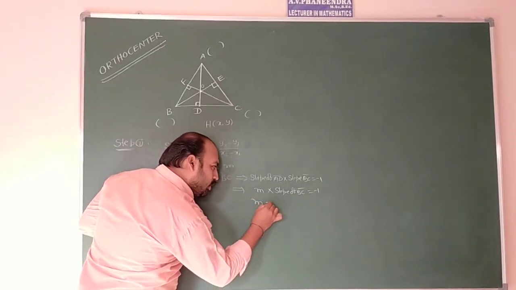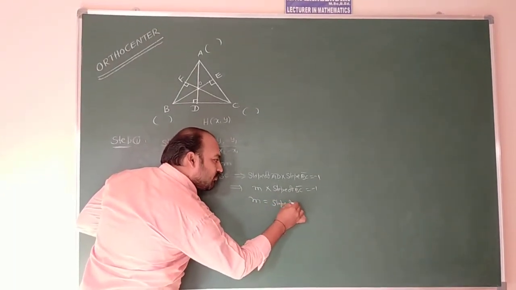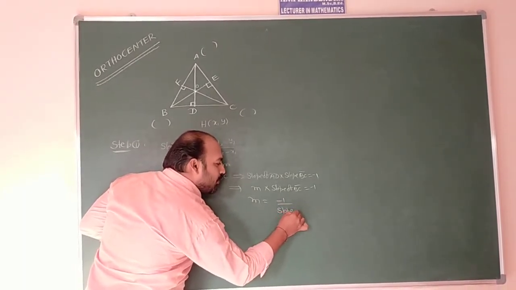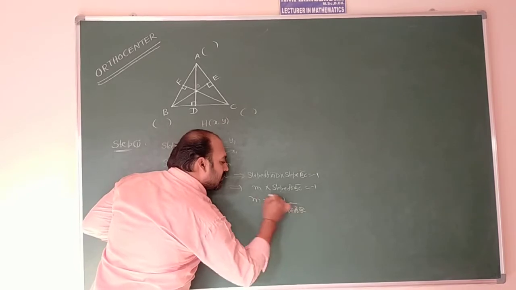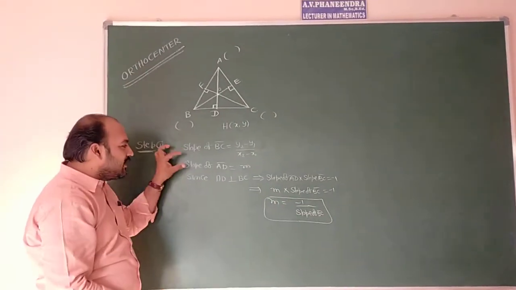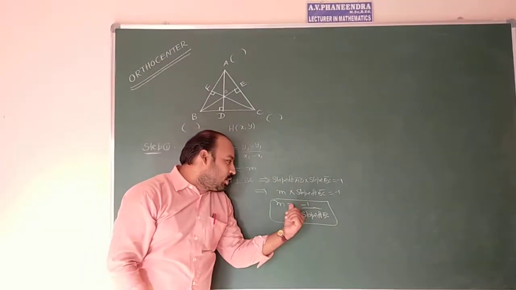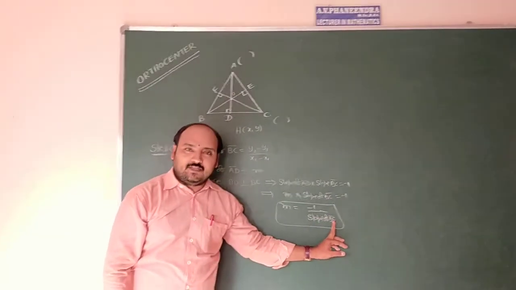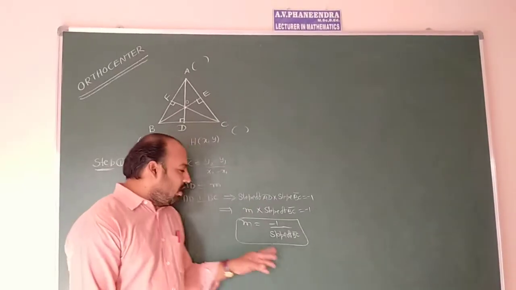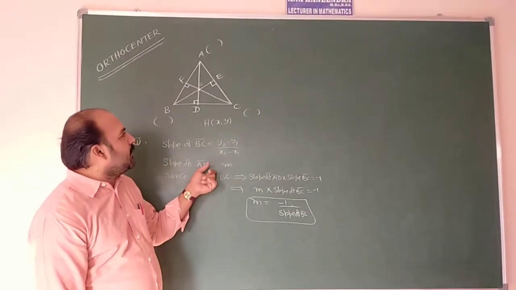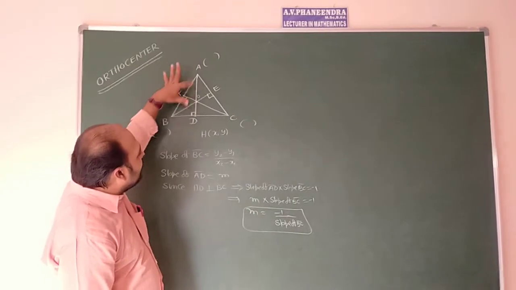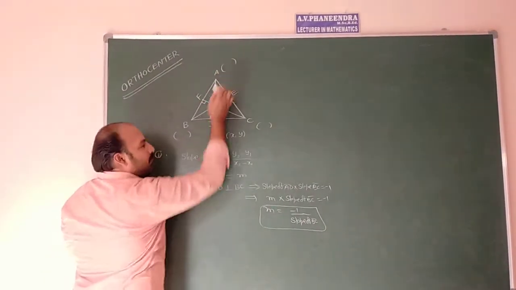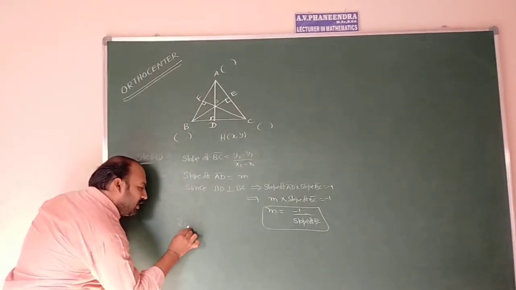So M is equal to -1 by slope of BC. That means if you want to calculate the slope of AD, it is the negative reciprocal of the slope of BC. After knowing the slope of AD, to calculate the AD equation, the slope of AD is M and it passes through a point. Therefore, the equation of AD,